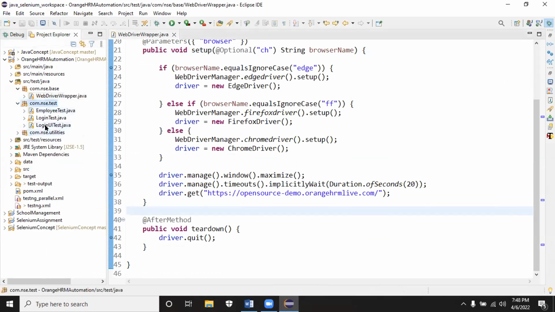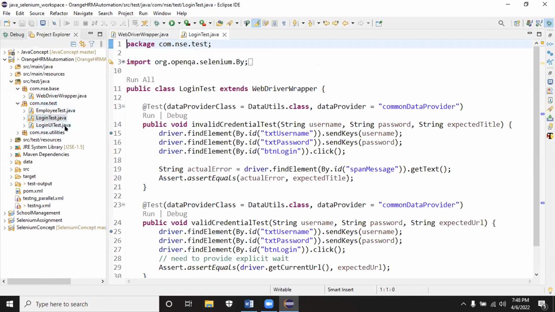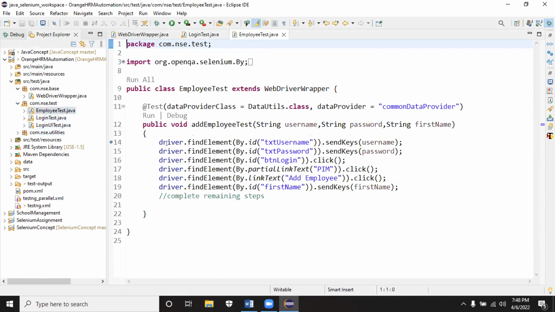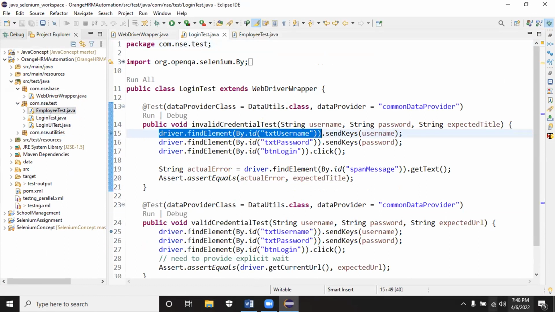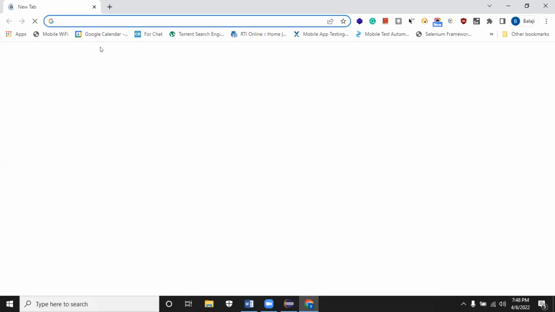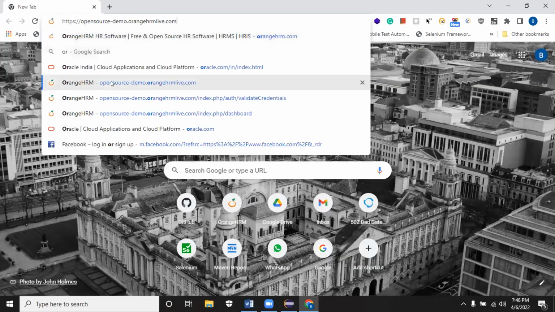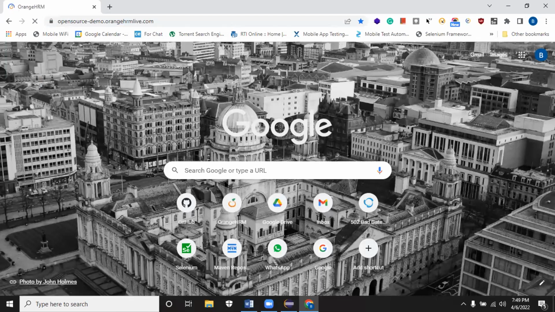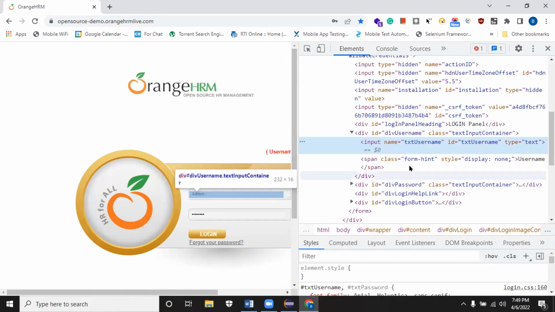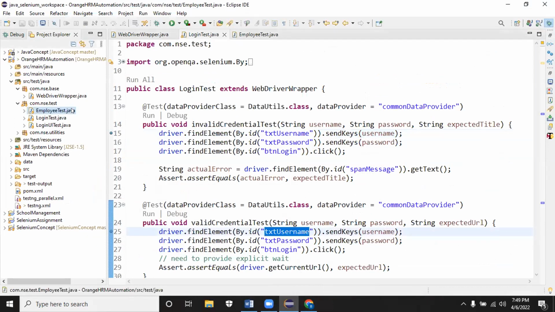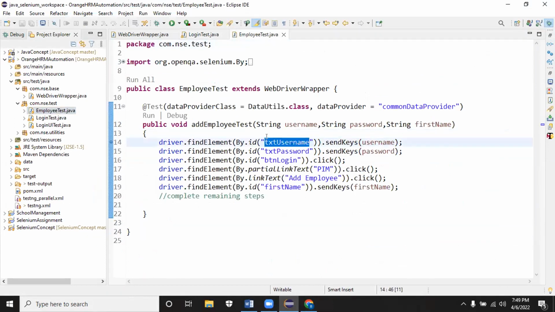See, the concept is going to be simple. For example, if you take this valid login, invalid login, and this employee test, everywhere you see we are using findElement by id. I'm sharing the screen again, just check it. In case they change the ID of these elements, the locator, then we have to sit and modify it in all the locations, replacing that locator everywhere I've used it in my test methods.